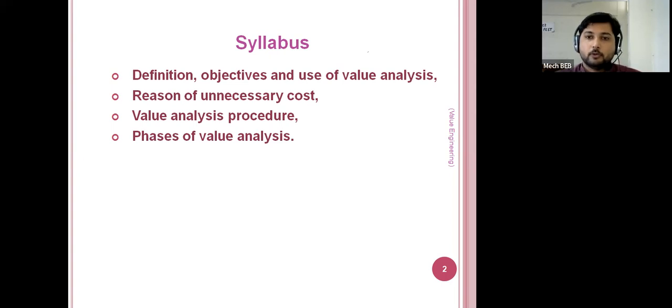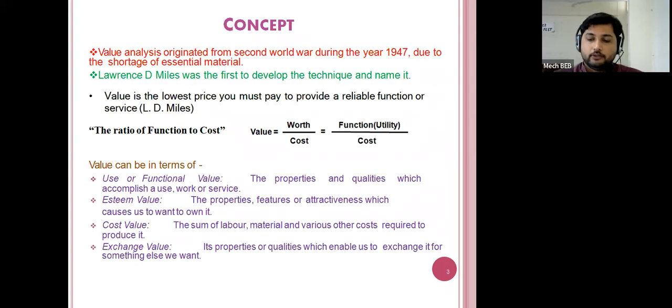Okay, so first of all, we try to understand what is meant by value. Whether value is related to the cost only? No, it is not. Actually, we are habituated to correlating or considering the cost of anything with its value, but it is not actually that. Value is always dealing with the functionality of that particular product or anything, whatever thing.